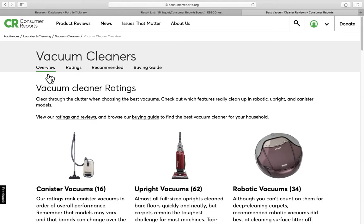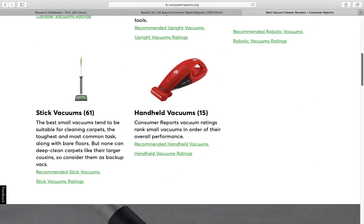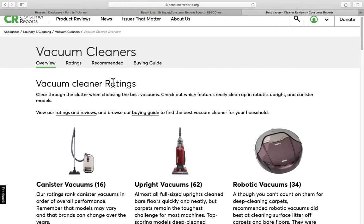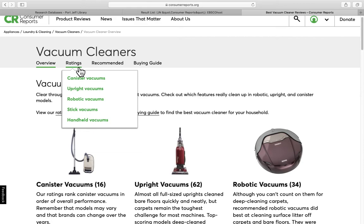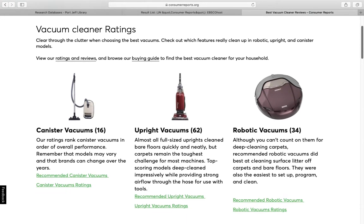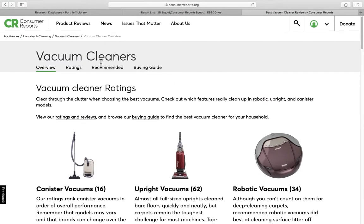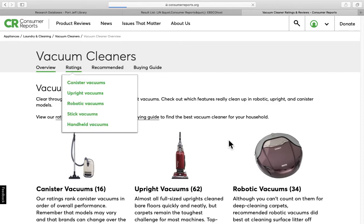So Consumer Reports gives you a little menu here. There's the overview, the main article, information about vacuum cleaners, or sort of the broad look at vacuum cleaners. They have the ratings, which a lot of people like to go right for, and the ratings are organized by the different types of vacuums. They have a section on recommended models, recommended vacuums, and the buying guide. So this is the first page. You'll see the overview and a little bit about each type of vacuum. The ratings section, if you click on that,